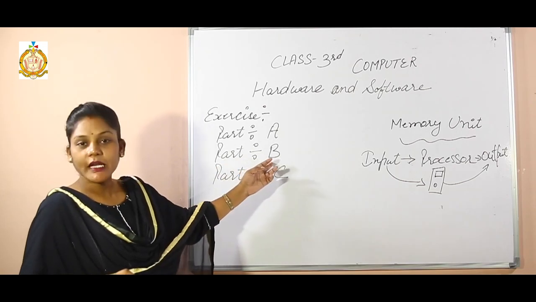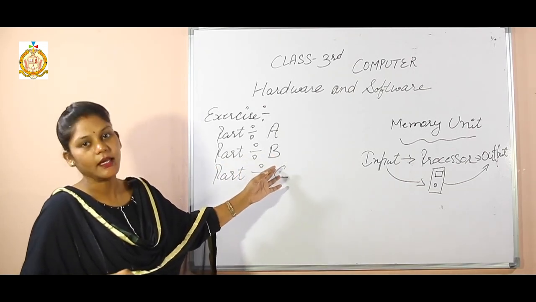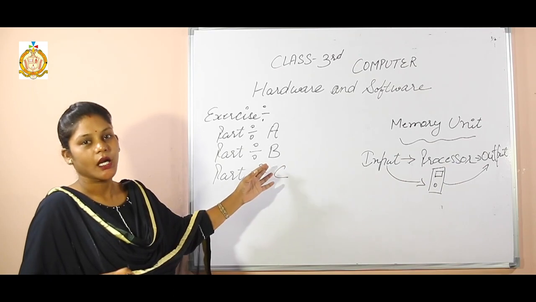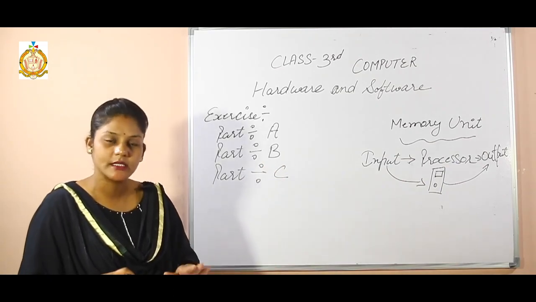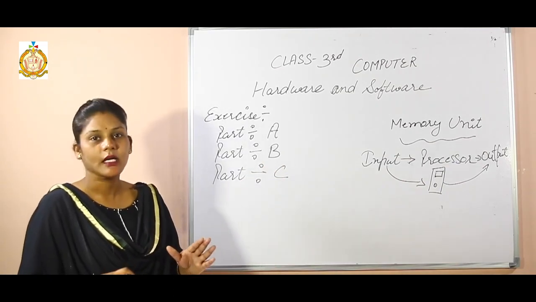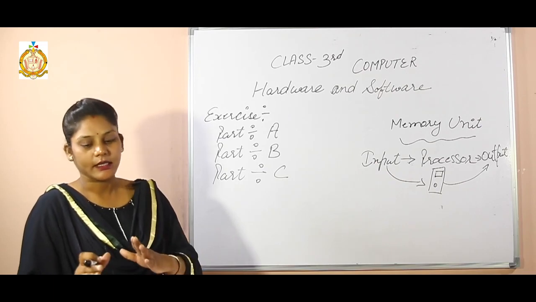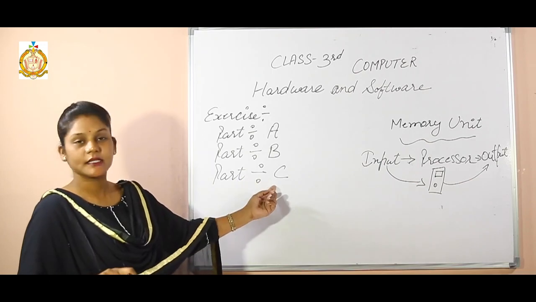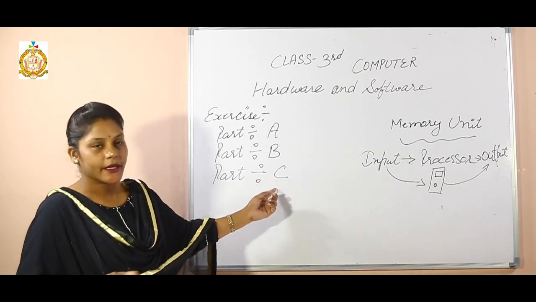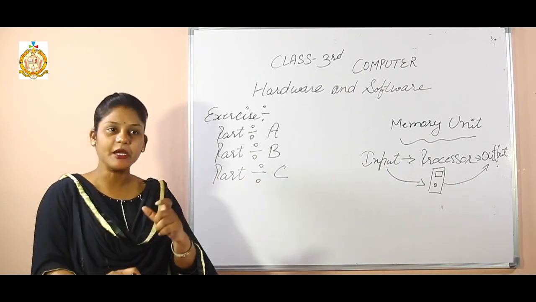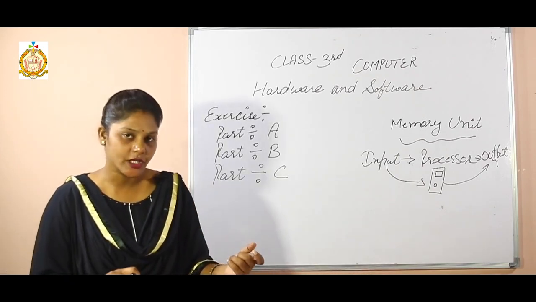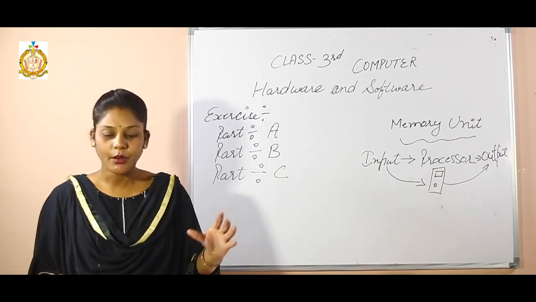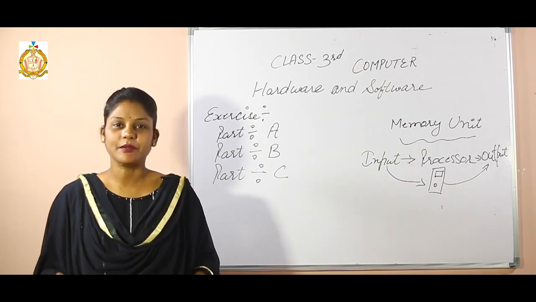Part B is filling the blanks. That is also a very easy thing. Clear? If you go through this book, this chapter, you can easily solve everything. That is the easy part, filling the blanks. The last thing is Part C. C is true and false. So read your chapter deeply and you can easily understand what is inside the chapter.